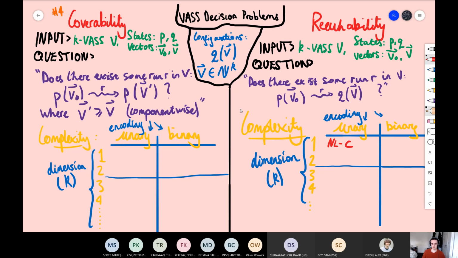So unary dimension 1 reachability, NL-complete, turns out the same holds for dimension 2. In the binary setting, if we immediately go up, we get NP completeness, NP-C, and immediately, even with just dimension 2, we get PSPACE completeness just immediately. And so the dimension 2 binary, right, that's just 2 counter values along each transition with updates written however you like. You take in sort of 2 configurations, that's already PSPACE-complete.